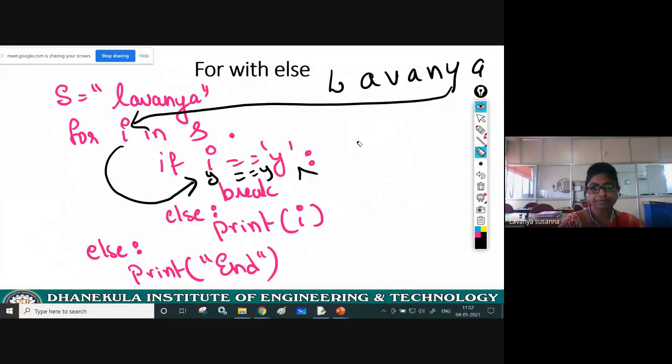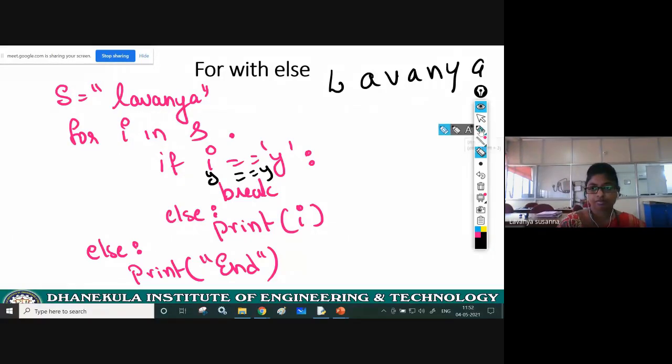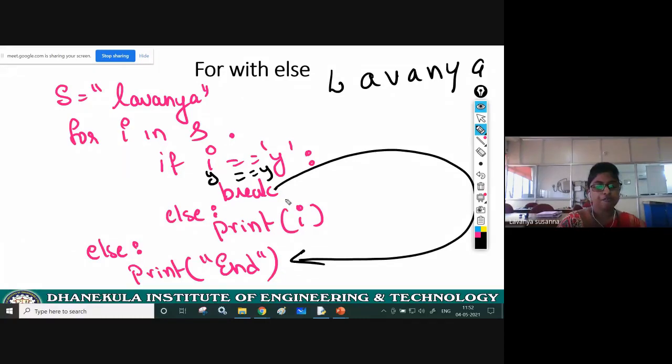Let us see. You are using break. What will break do? It will make control come out of the for loop. Now, when you are using this type of statement, this else block will not get executed. The last else block, where you are using for with else, will not get executed.